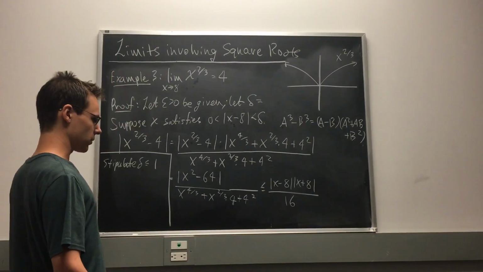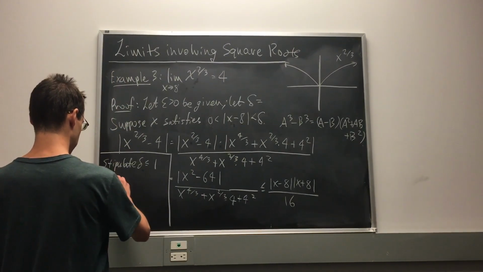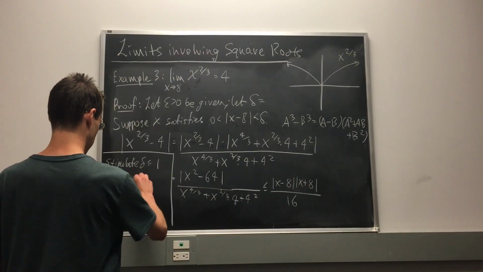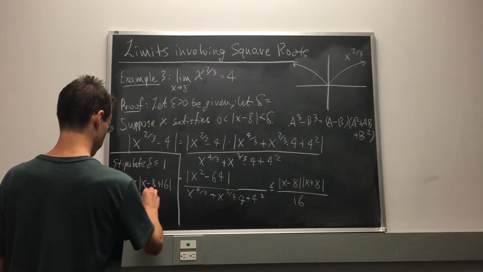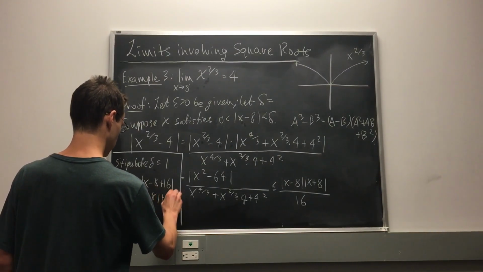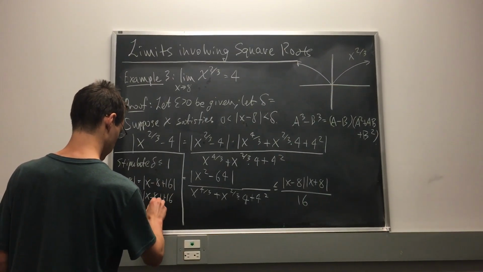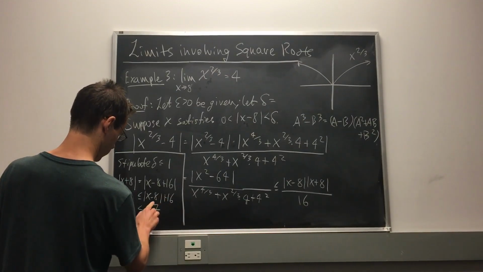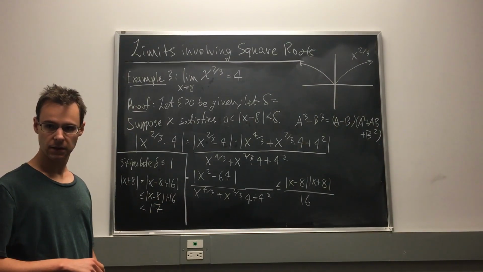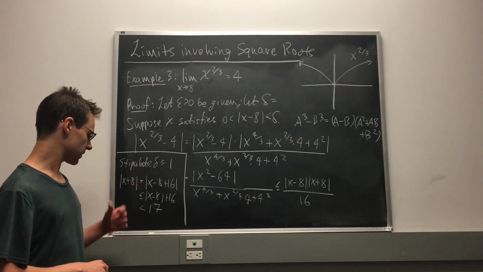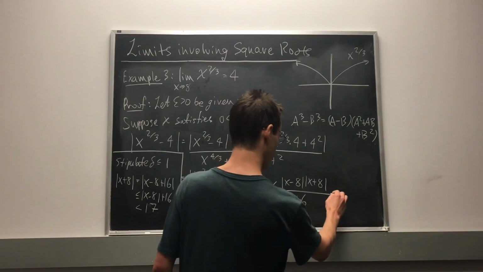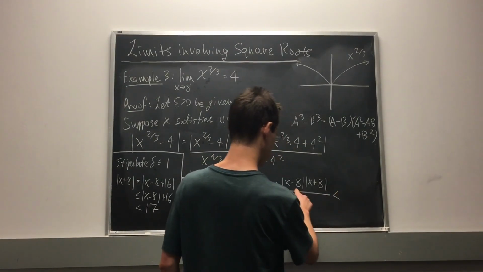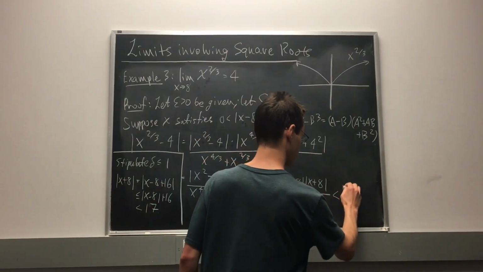So if delta is less than or equal to 1, then x plus 8, which is equal to x minus 8 plus 16, triangle inequality, there we go, that's less than 17, okay? So x plus 8 is going to be less than 17, so we have at this stage, this will be less than delta times 17 over 16,